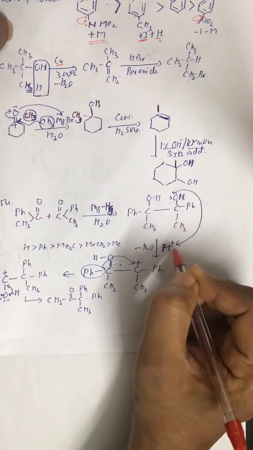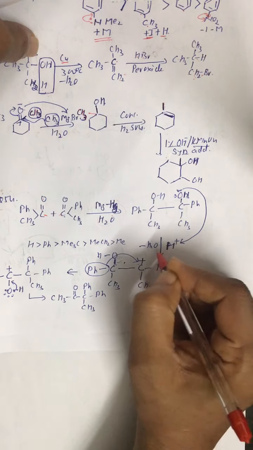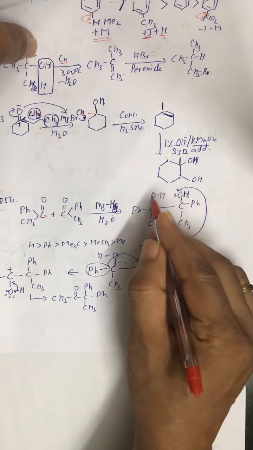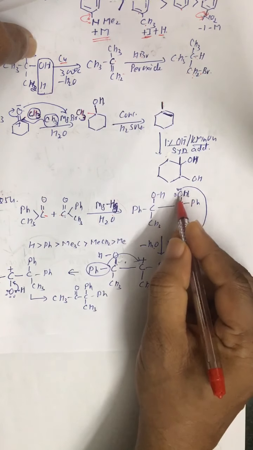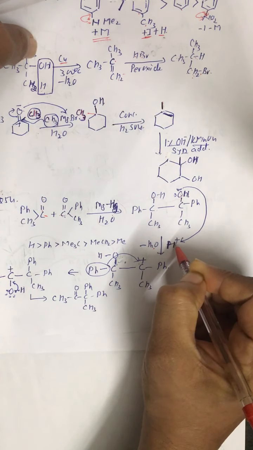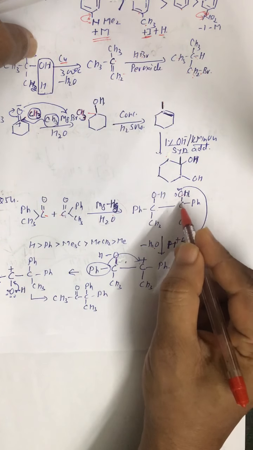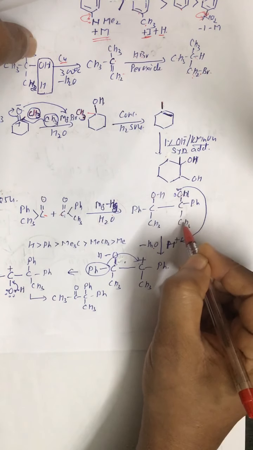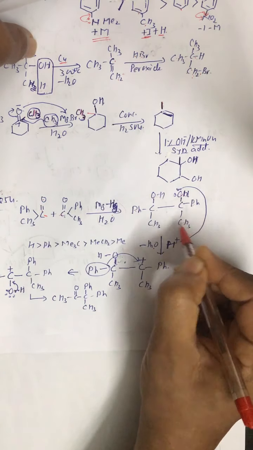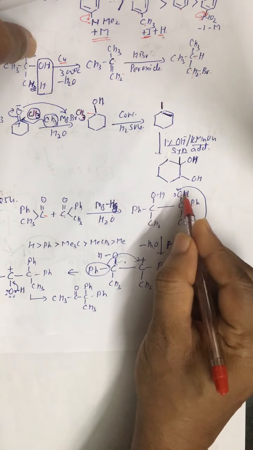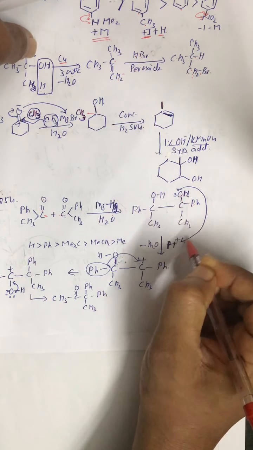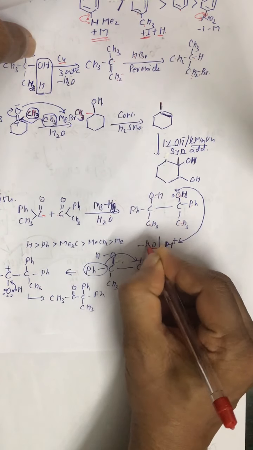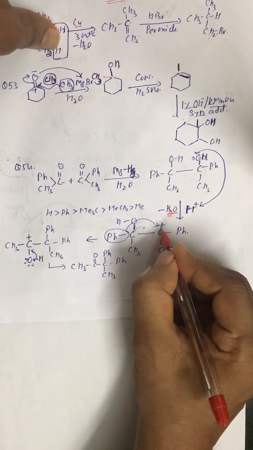And now, in the presence of H positive, one of the OH groups gets attacked by this H positive, which I'll explain, and is removed as H2O. Here in this case, the phenyl and methyl groups are the same on both carbons, all right, they are symmetric. So this OH gets attached by H positive, and then there is simultaneous removal of H2O, and we get this positive charge.